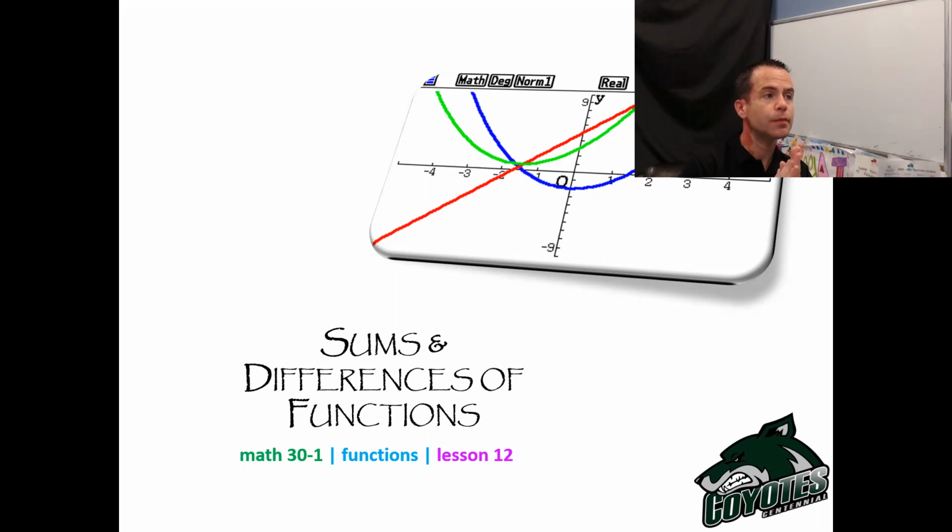So we dealt with the concept of functions starting in grade 10 when we introduced, hey, you can replace your y with an f of x. F of x and y meant the same thing. But now what we're going to do with that is perform mathematical operations on functions. So we can add functions together, subtract them, multiply them, divide them. And then the last topic we'll talk about is something called composition, where we put one function inside